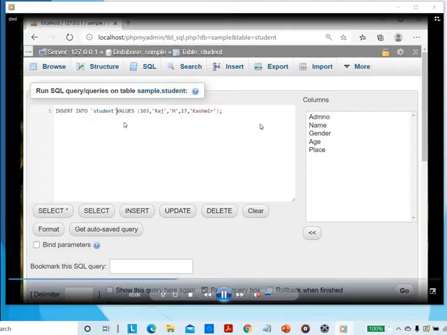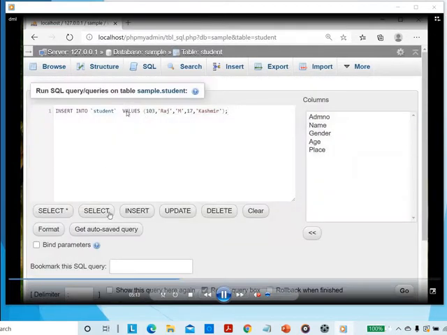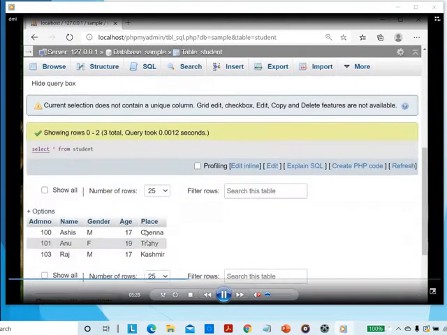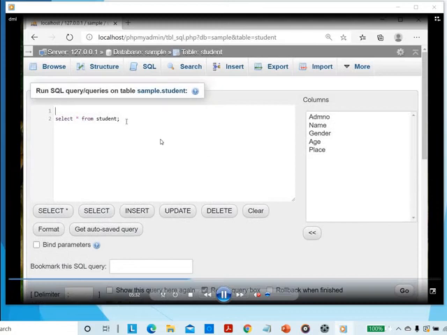If we are giving all the values of the columns, there is no need to say the column names. We can directly give the values in the order given in the field names. So this is one method. If you are going to give all the values, you can skip the column names. So now 3 records are inserted.